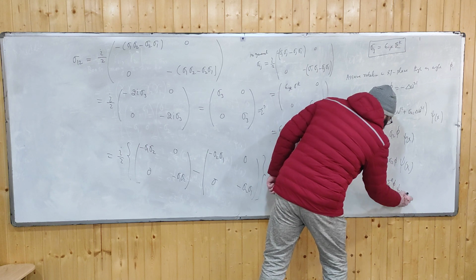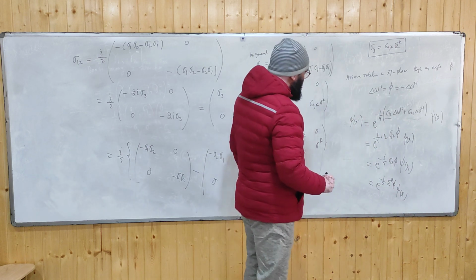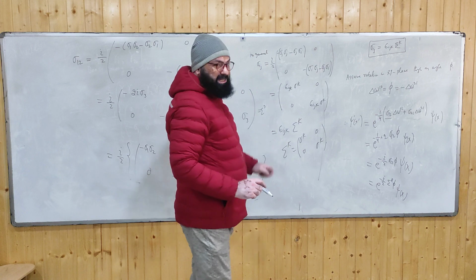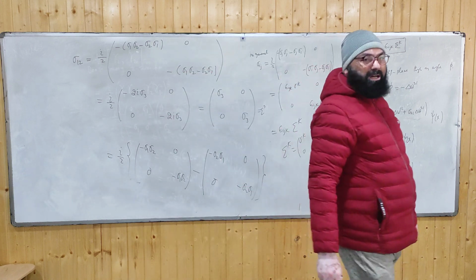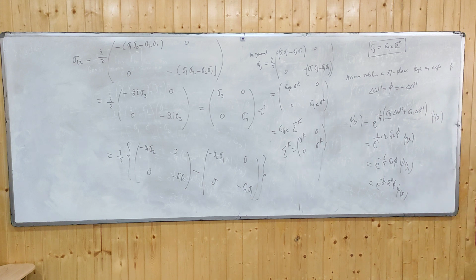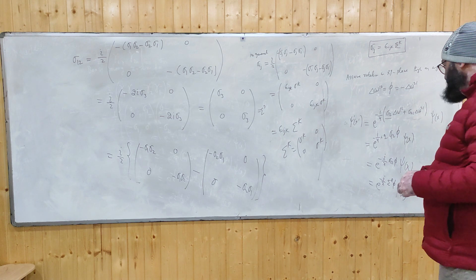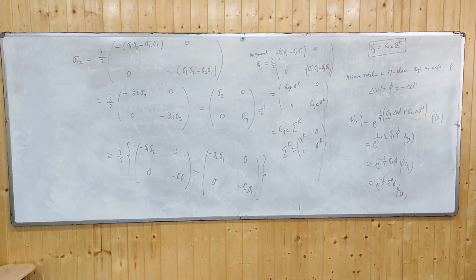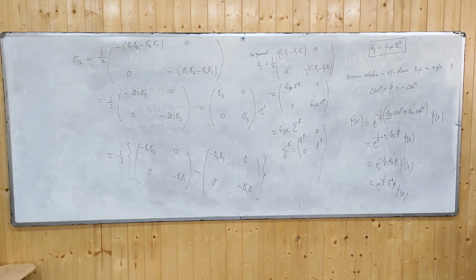Clear? So you can write it as e raised power minus i by 2 sigma z phi psi of x. So in general, that means this sigma ij will be the generator for rotations in the ijth plane. Clear? Got it? So now you got the idea what this sigma is doing? Got the idea? Okay, good. So we'll take a more